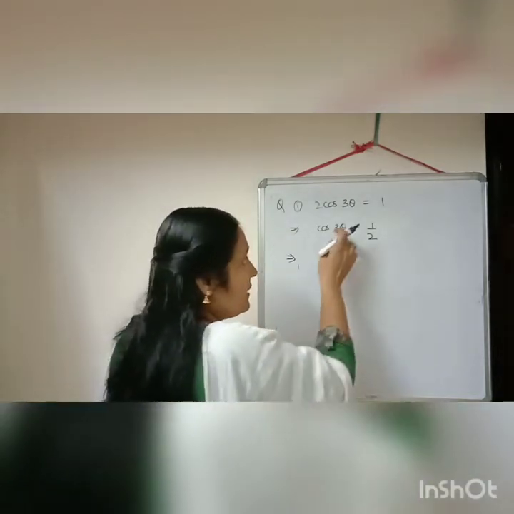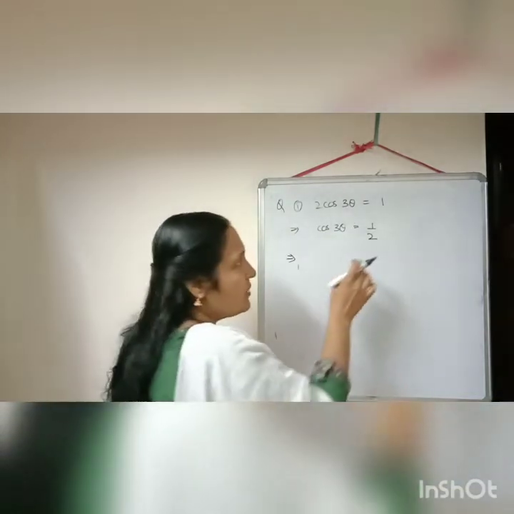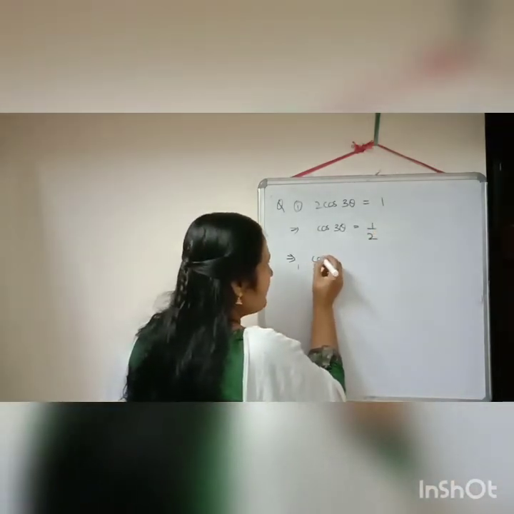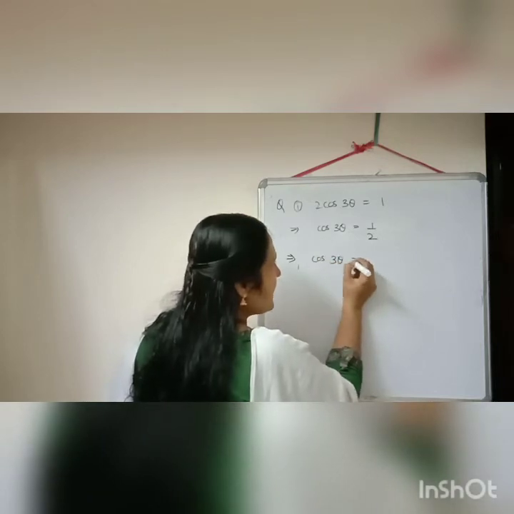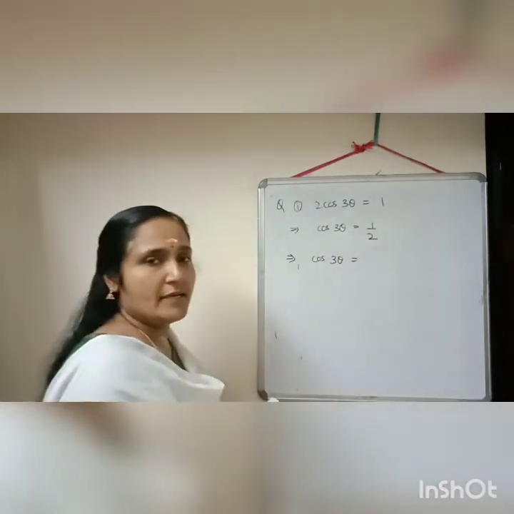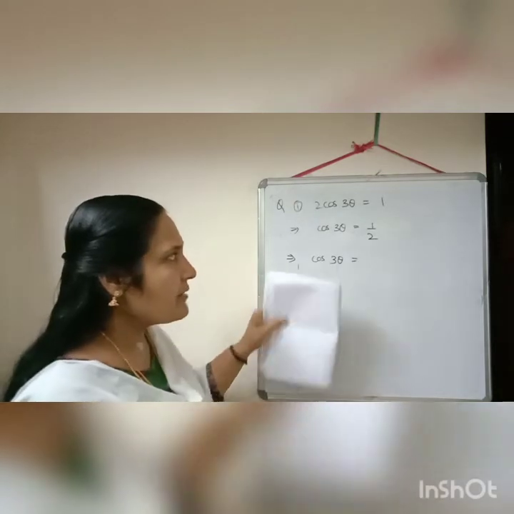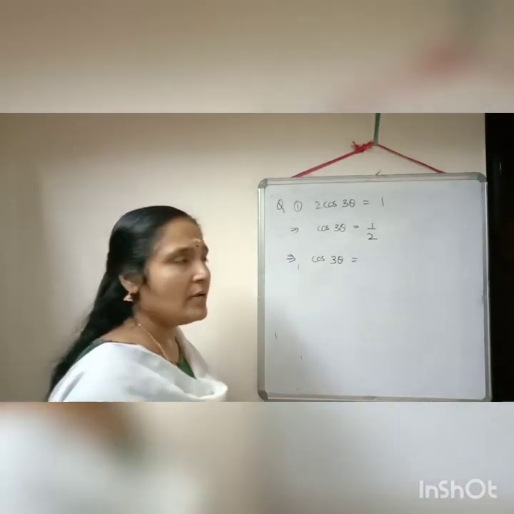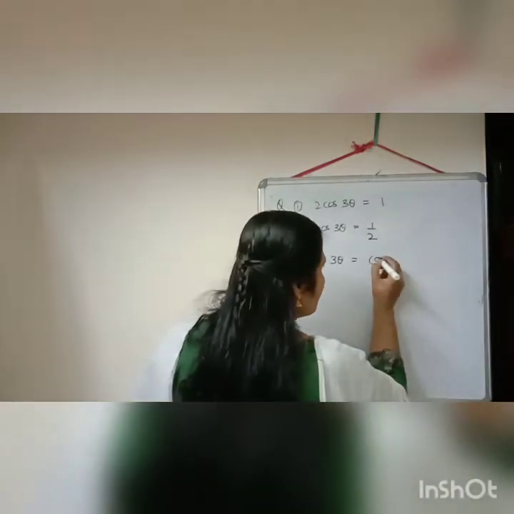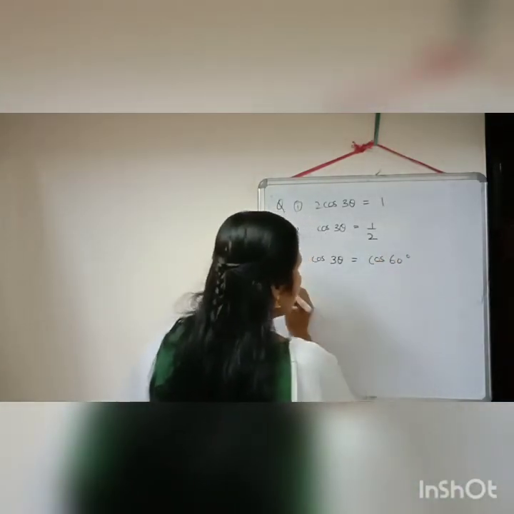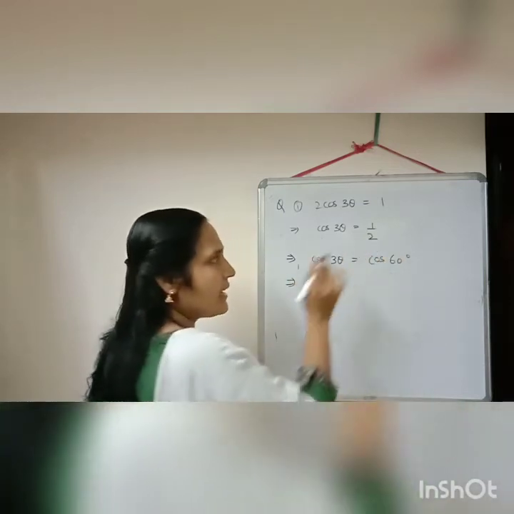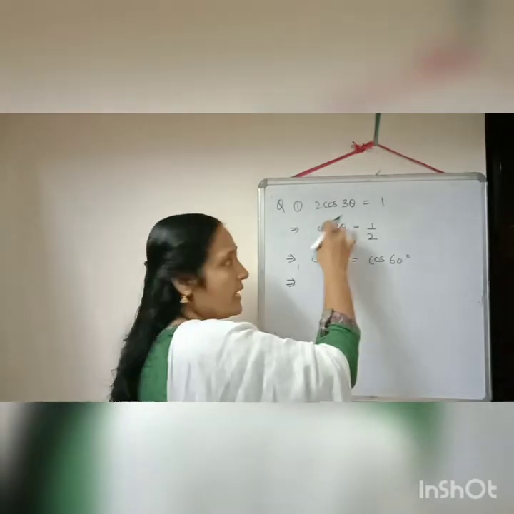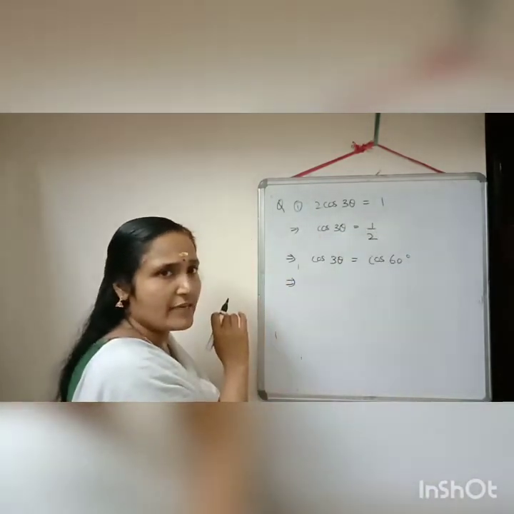We have an angle, here 3 theta is an angle whose value is 1 by 2. And since on the left hand side we have cos, the right hand side also should be expressed in terms of cos. For which angle is cos 1 by 2? Correct, cos 60 degree is equal to 1 by 2. So in place of 1 by 2 we can write cos 60 degree. Here it depends. If it is written sine here, we will write in terms of sine.